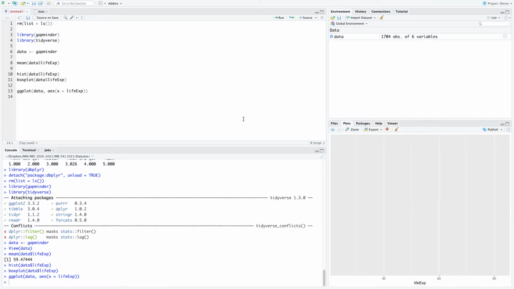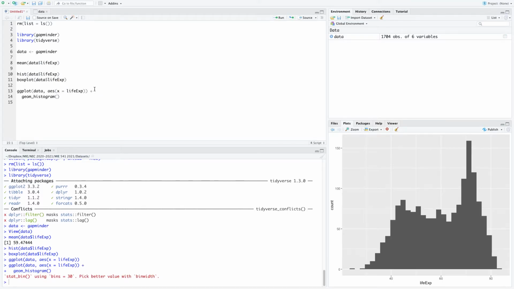display. I have to tell it, well, is this a histogram? Is it a dot plot? What kind of graph is it? And here's where I add the next layer to the plot. I do plus, new line, geom, which is like geometric object, histogram. And now if I run this, I get a histogram of